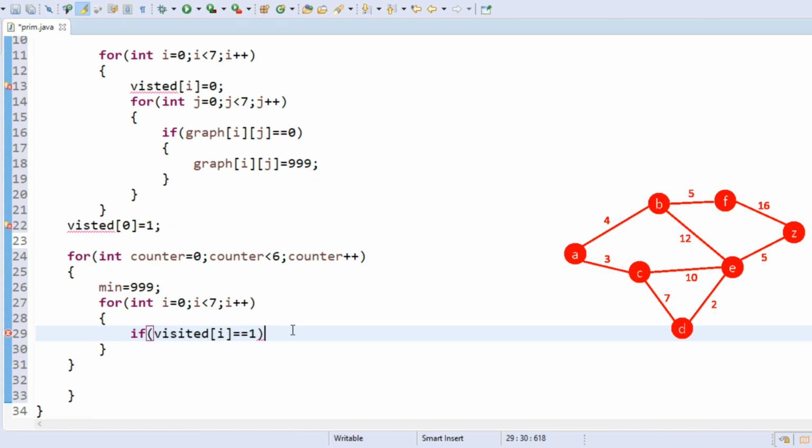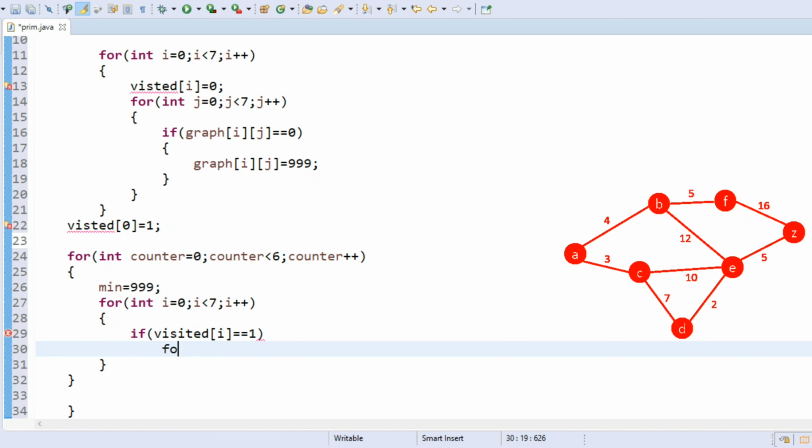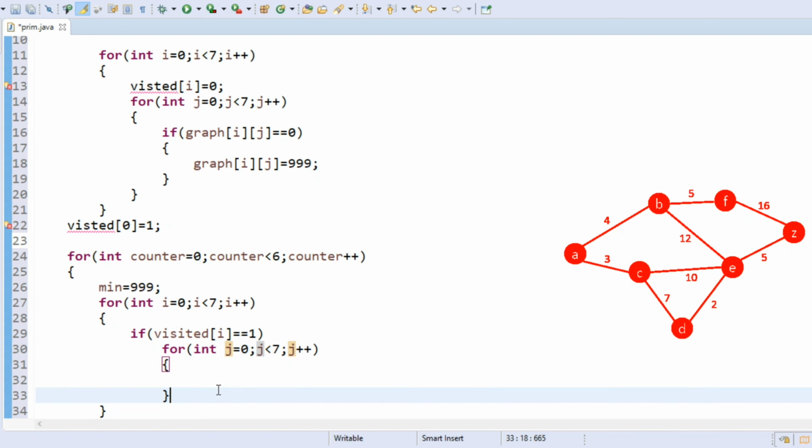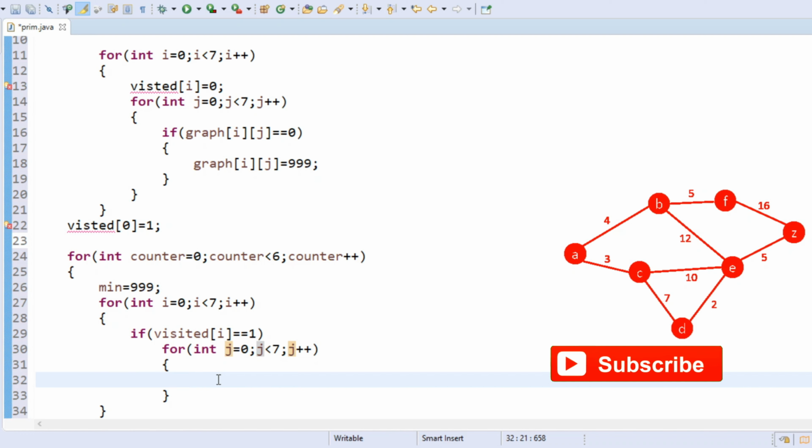equals to 1, we are going to take another for loop for j equals to 0, j must be less than 7, j plus plus. So here we are going to take the another matrix of the given graph. So for int j equals to 0, j must be less than 7, j plus plus. So we are going to represent the visited of the another node. If the visited